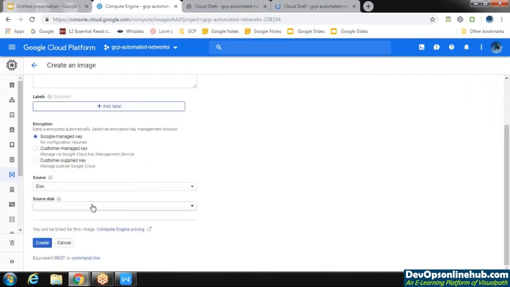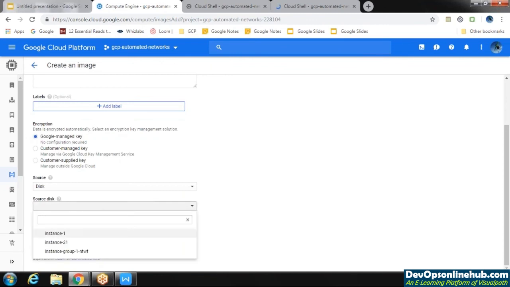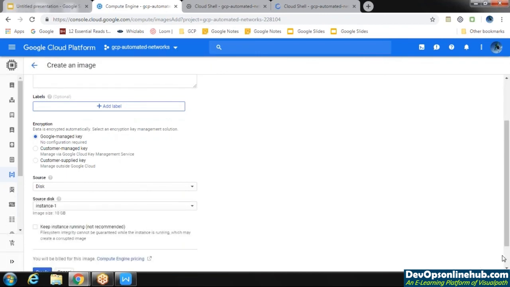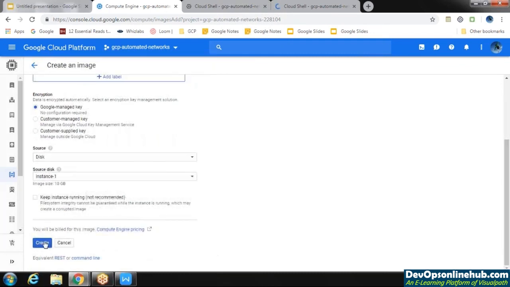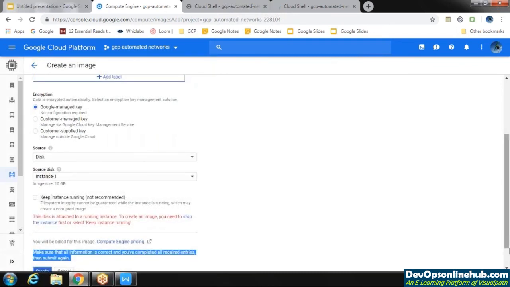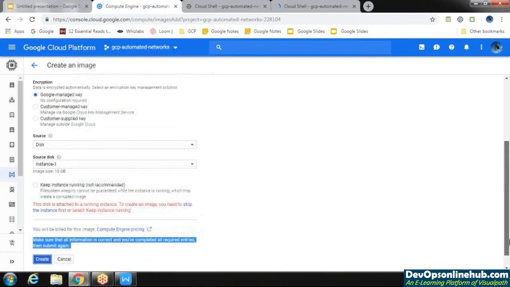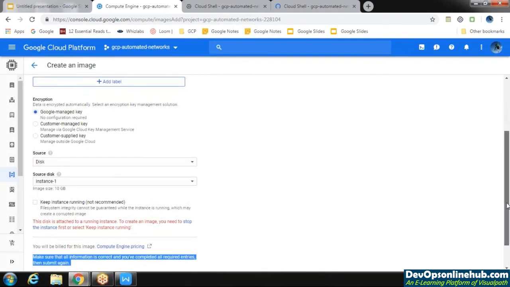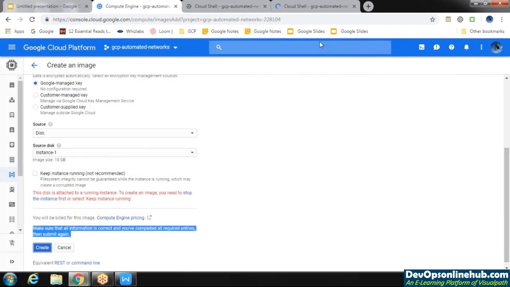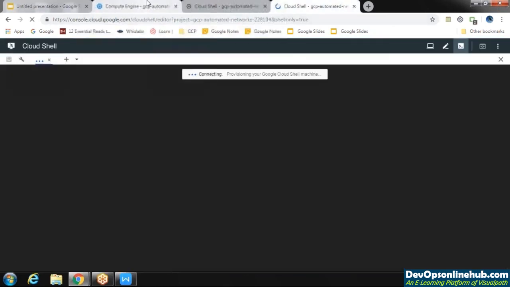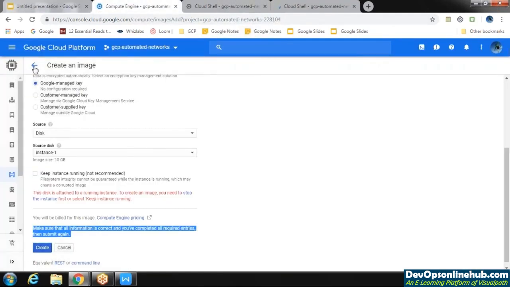Google managed key, source disk. What is the source disk? The image will be there, but what is the source disk? It will be instance one itself. Okay, before that actually you need to stop the instance. So just remember one thing, before creating an image you need to stop that particular instance.